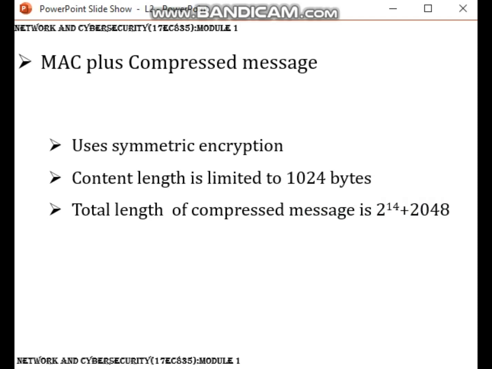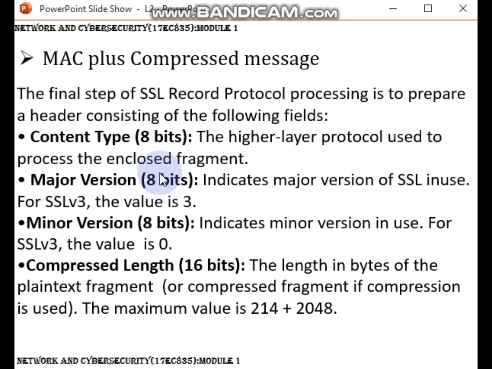Let us move to the final step of SSL record protocol operation, that is to prepare the header. The final step of SSL record protocol processing is to prepare a header consisting of the following fields: content type, major version, minor version, compressed length.